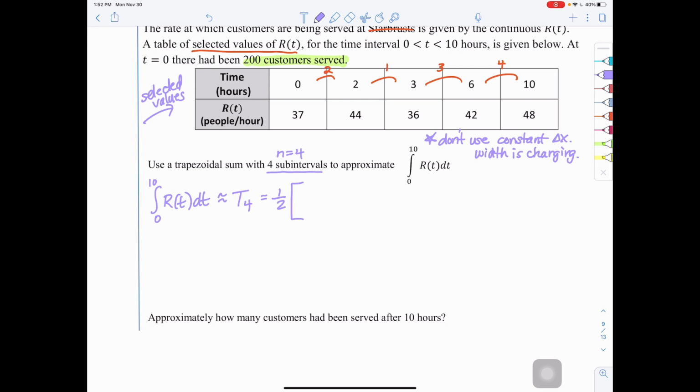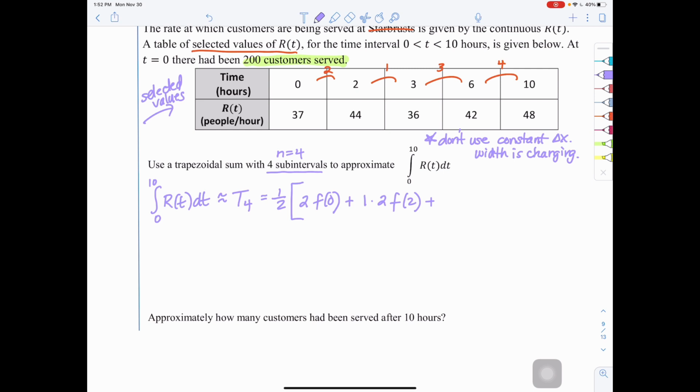The width there is 2 times f of 0 plus, our width is now 1 times 2 f of 2 plus,